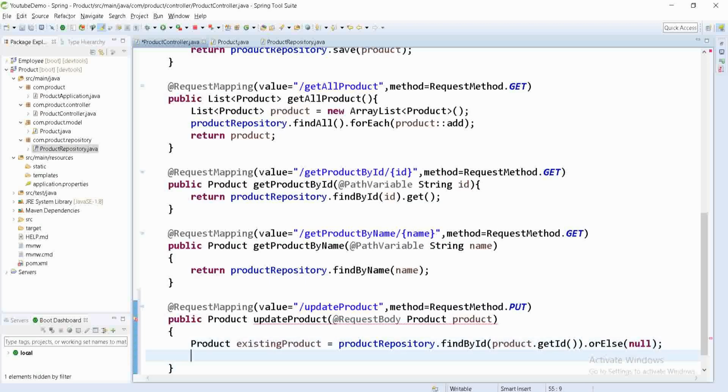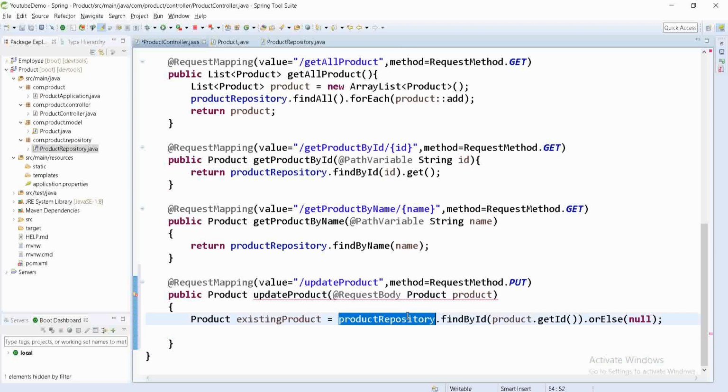Now what have we done? In the product repository we are finding using the ID, and in this product we will send the ID as well. So that ID we are finding in this database, and if it is not found, then it will return null.